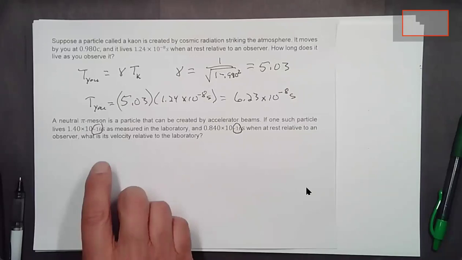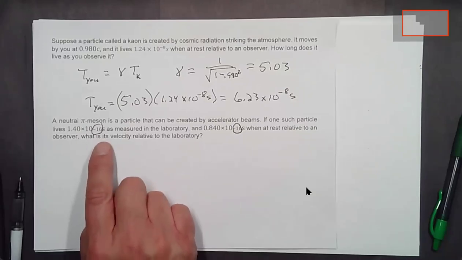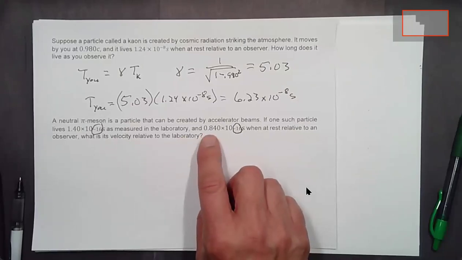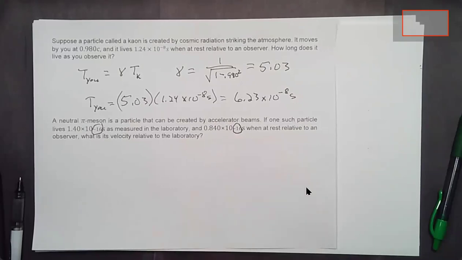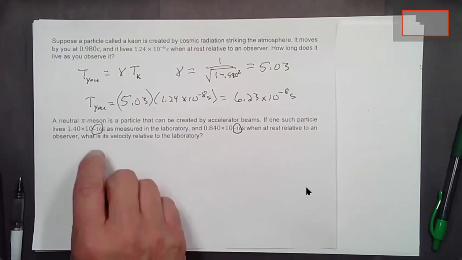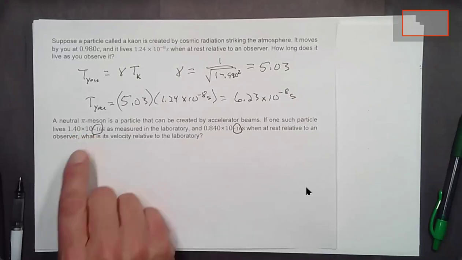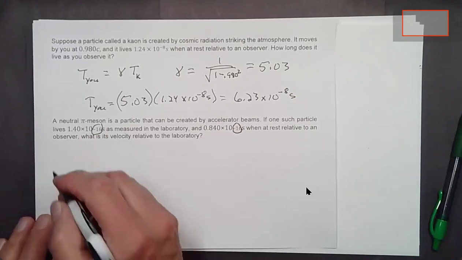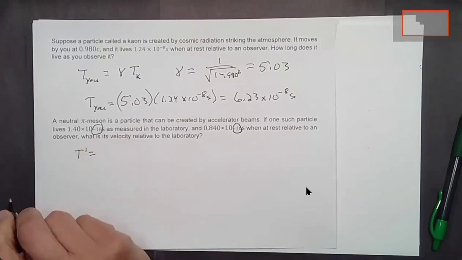One such particle lives 1.40 times 10 to the minus 16th seconds as measured in the laboratory, and 0.840 times 10 to the minus 16th seconds when at rest relative to an observer. So in the laboratory, this thing is flying past you at a high speed. What is its velocity? So here we've got a t prime, which is